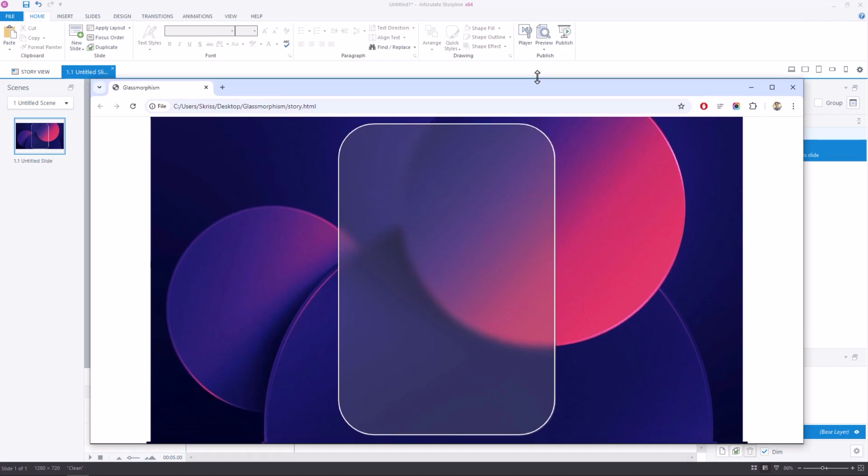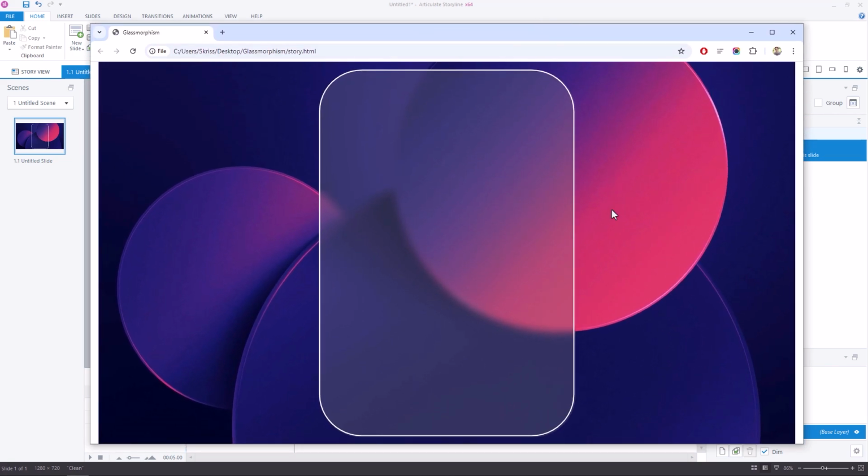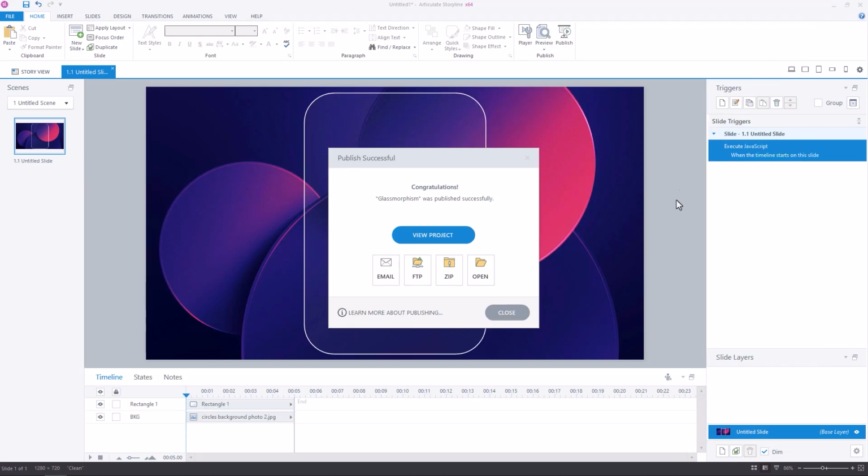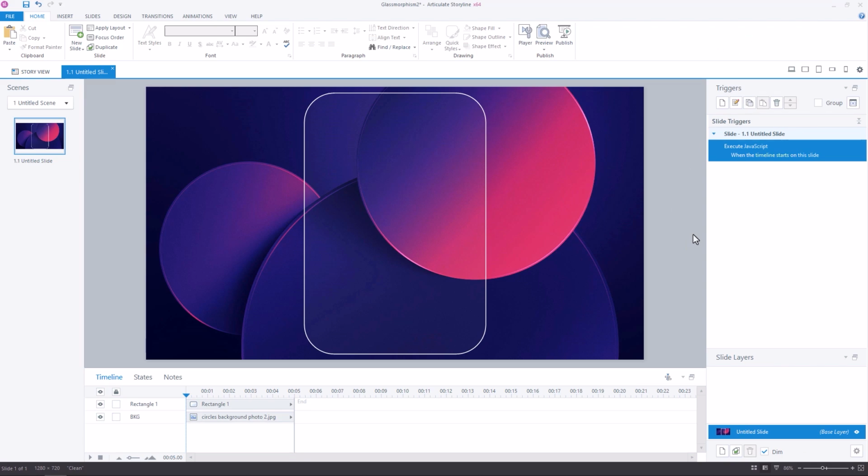Okay, so we covered a lot of ground already. We have our shape, which we applied the custom CSS backdrop filter effect to via JavaScript. We then modified the style of the containing element in order to give this a rounded corner look, similar to the rounded rectangle shape in Storyline. And finally, we made the whole thing responsive and adaptive to resizing, so the entire effect works across any screen our users may have. We can go ahead now and use this effect as part of our slides composition.